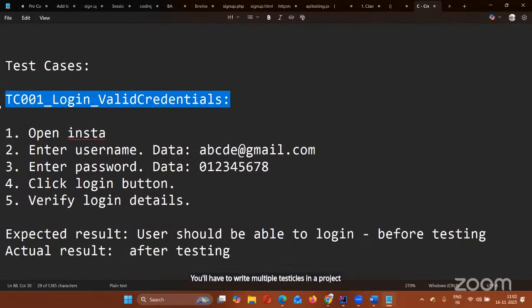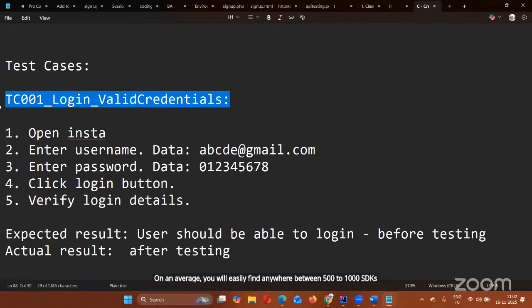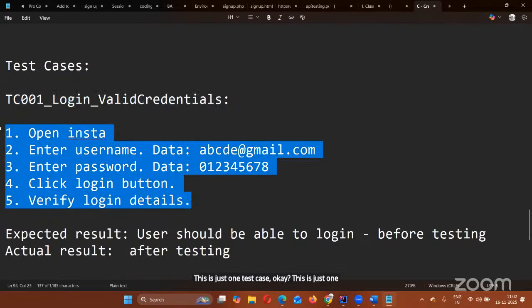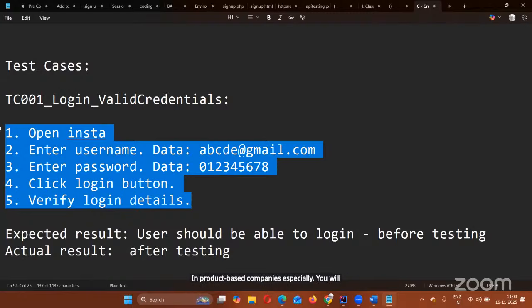How many test cases do we have in real time, sir? Depends on the functionality of the application, depends on how large the application is. On an average, you will easily find anywhere between 500 to 1000 test cases in most of the projects. This is just one test case. Like this, you will have anywhere between 500 to 1000 test cases. In bigger projects, in product-based companies especially, you will have 5,000, 10,000, 20,000 test cases, sometimes even 50,000 test